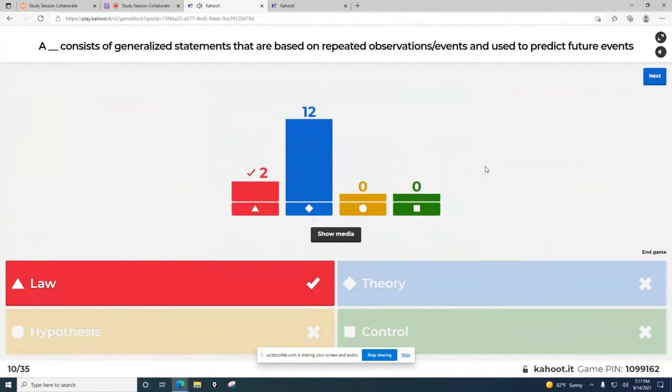Okay, so why is law the correct answer in this? I thought I was right. I thought theory was a bunch of them or something. It is. Okay. So theory is very broad. That generalizes maybe where you're like, okay, that's theory. But what gets you right here is "used to predict future events." A law can do that because it's typically mathematical and it happens literally every single time.